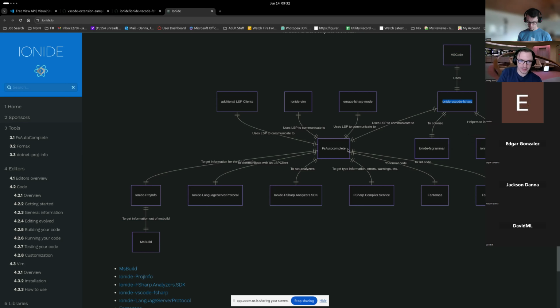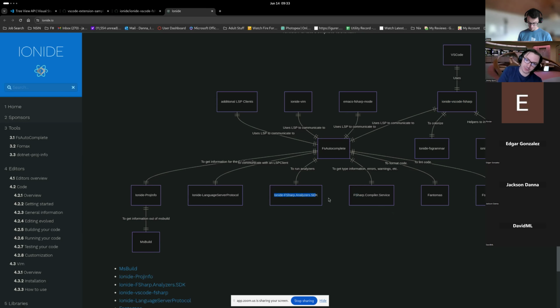Inside that, there are a lot of other components that power it. At the very bottom, you can see the F# compiler service, which FSAutocomplete uses to get type checking and tell you what types are what. It also uses the analyzers SDK that we've shown off in a few other sessions, so you can run analyzers in your code base.